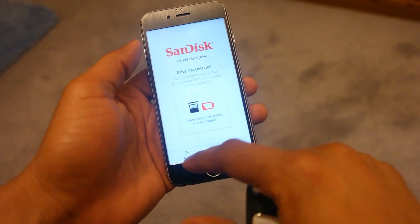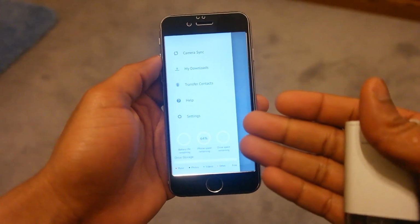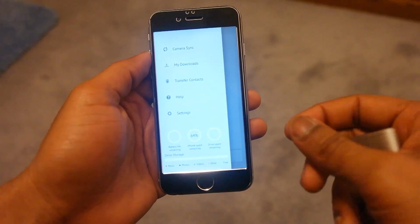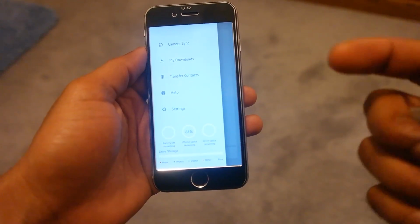But as you can see there, that's the software without it really being connected, and you can get a gist of what happens with the software. You have camera sync, my downloads, transfer contacts, the help button, as well as settings. Now those are nice and dandy. Those are nothing new. I think the features down here make it very compelling,